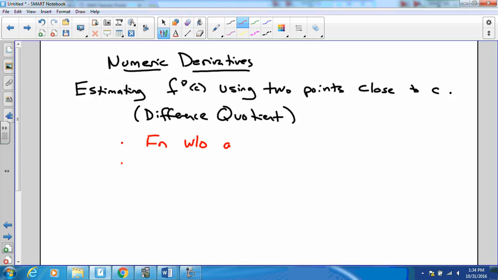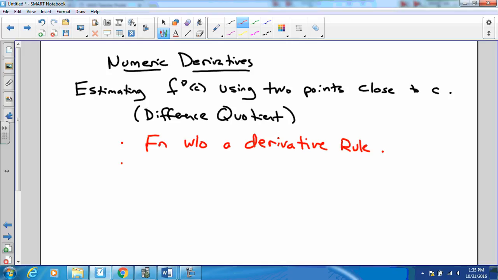So if I have a function without a derivative rule, for whatever reason,